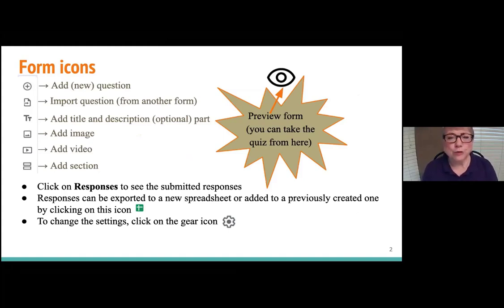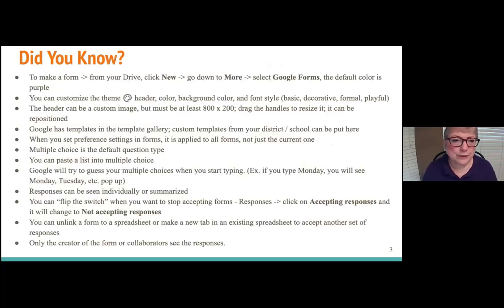So those of you who are very familiar with creating forms, a lot of this is going to be like, oh, how. So there's your icons, and there's what they do. And the preview icon is where you actually enter your data. I'm sure most of y'all already know all this. And you can click on responses to see the responses in your spreadsheet, in your form as a spreadsheet, and then the gear wheel is for your settings. And I'm not going to sit here and read this to you, but these are some little things that you may find useful.